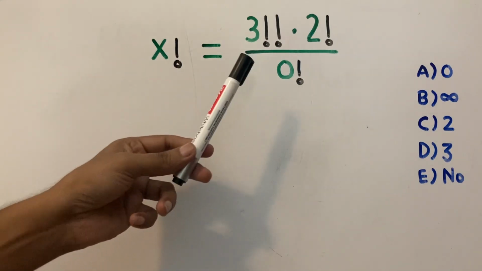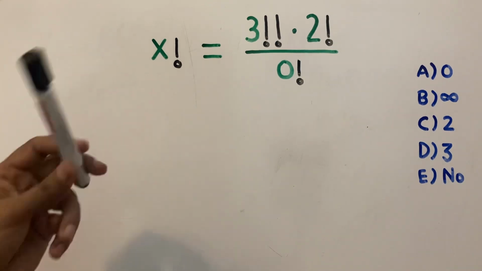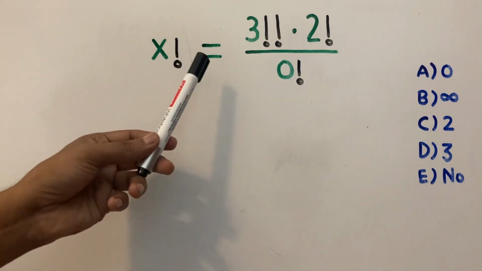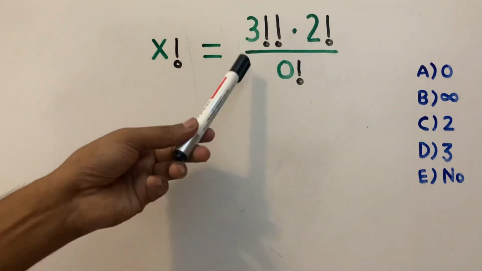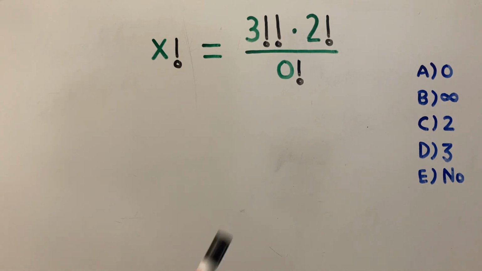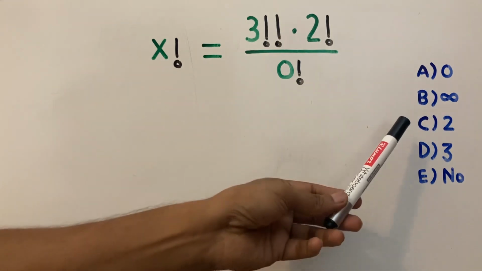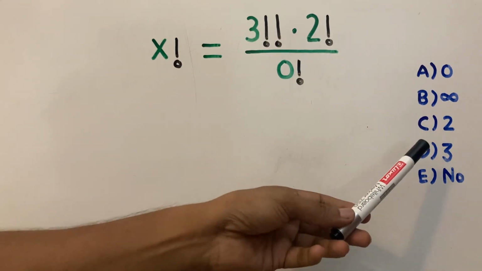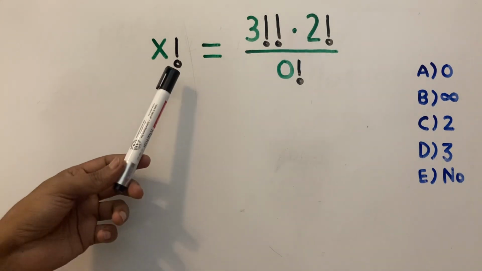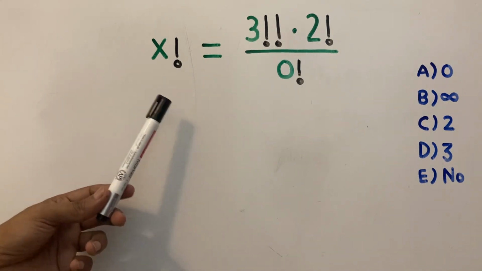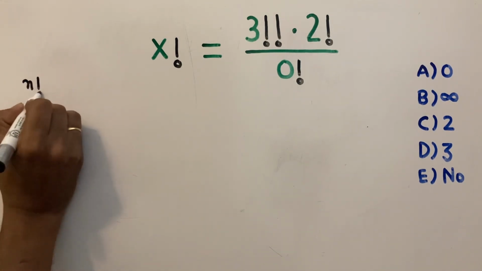This is a classic factorial problem where you have to find the value of x when x factorial is equal to 3 double factorial multiplied by 2 factorial divided by 0 factorial. And you have to choose the correct option out of A 0, B infinity, C 2, D 3, and option E not defined. To solve this, you must know the basic property of factorial, that is, n factorial is equal